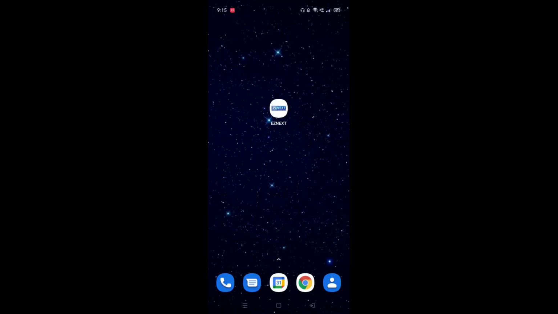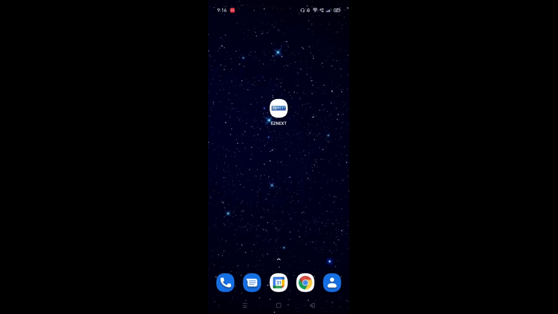Today I'll be taking you through a virtual tour of our School is Next app. This app is used by us all through the academic year for various purposes like sending and receiving homework, for online classes, for conducting and releasing exam results, application of leave, attendance records, exam records, etc. So today let me take you through all the technicalities of this app.